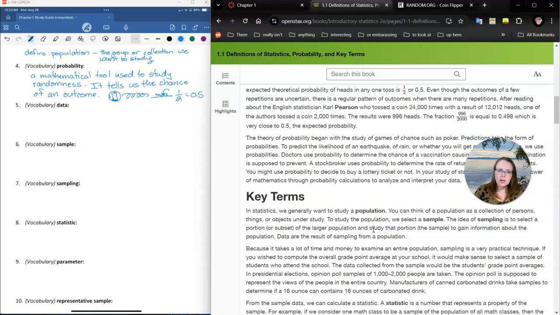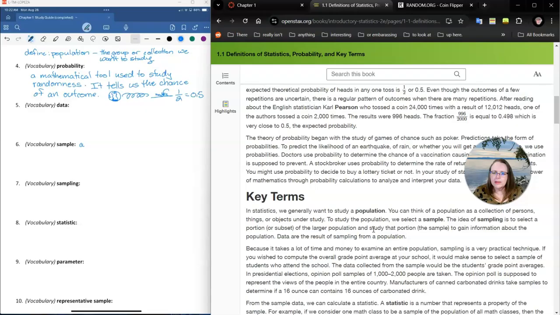And then sample is some part of the bigger group. So if I want to know something about all of the students at Vermont State University, I can't necessarily get in touch with all of them, but I could ask all of the students in my classes a question and use that to try and make some sense about the bigger group of students at Vermont State University. It's probably not the best way to pick a sample, but that's one way that you could do it. So sample is a